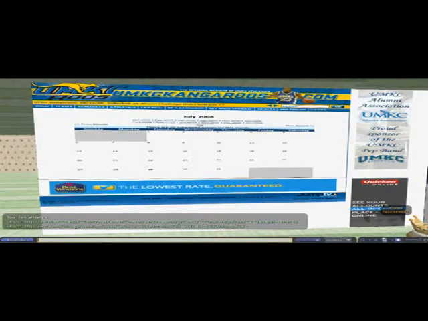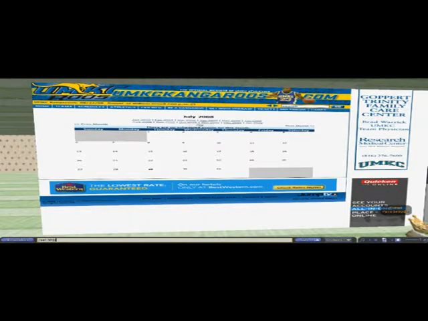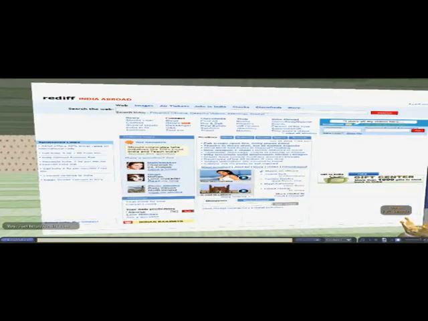Now if you want to set a page, what you do is you type set. I'll type here rediff.com. So it takes me to the Rediff page. So now I'll set it to say Google. And it'll take me to the Google page.